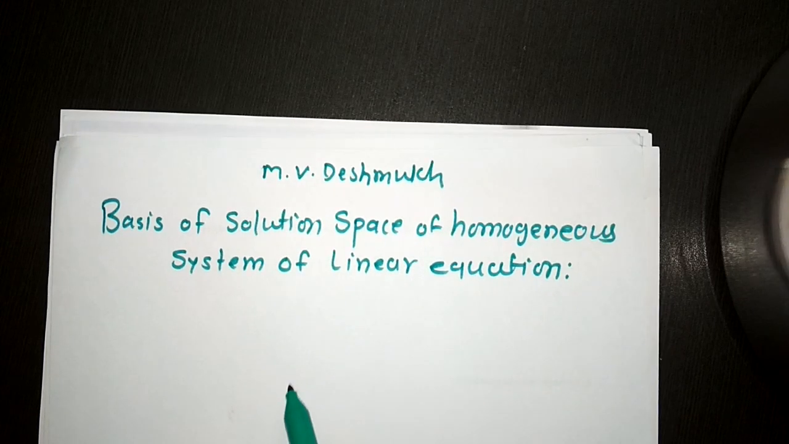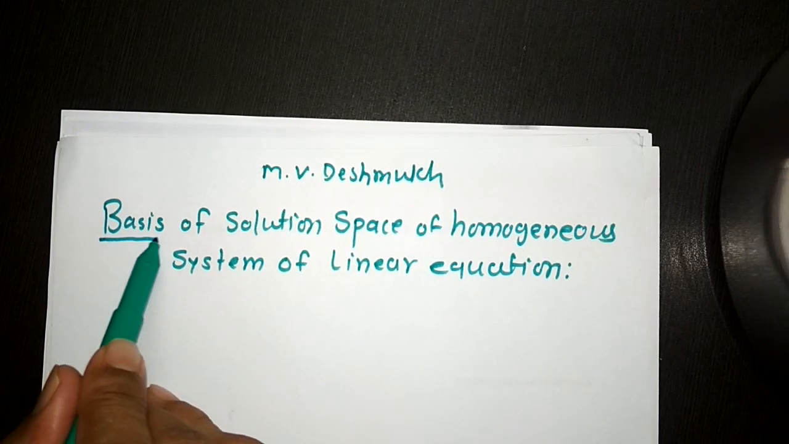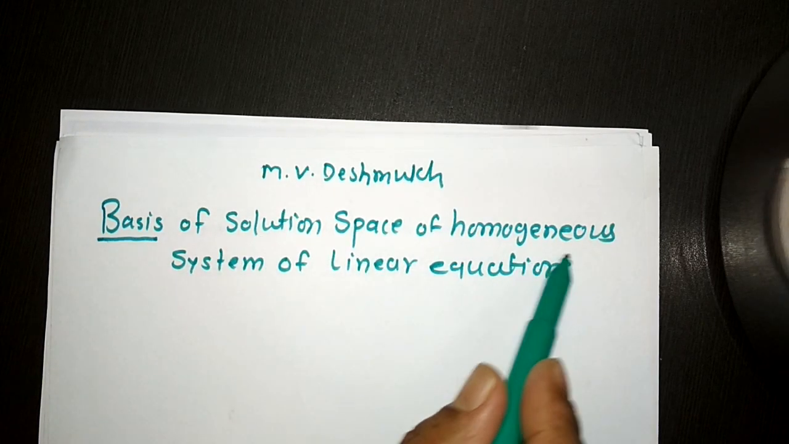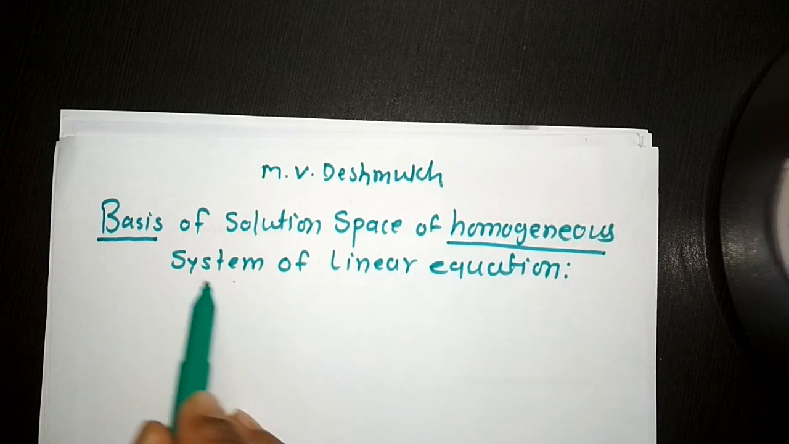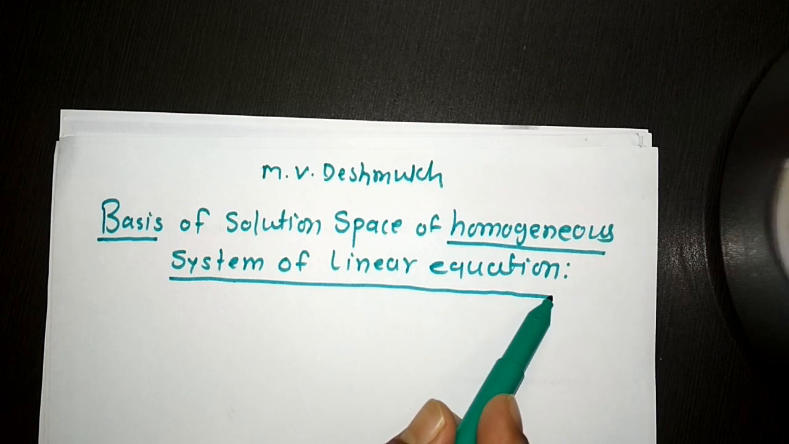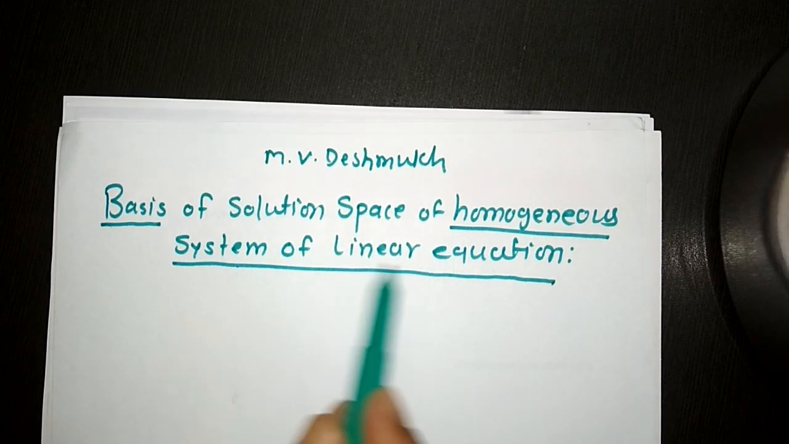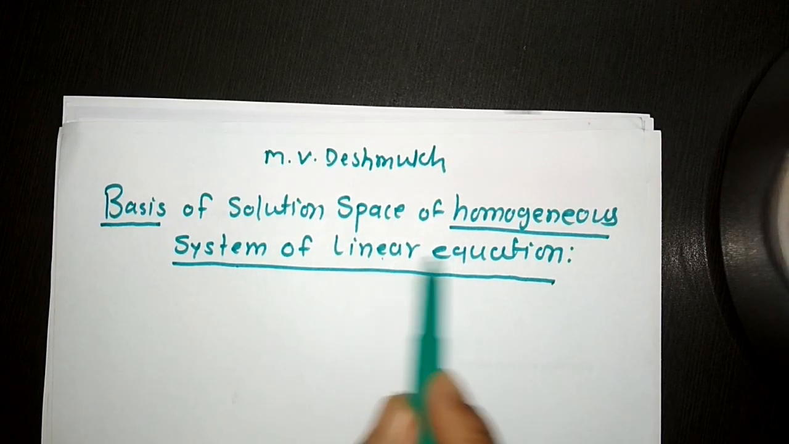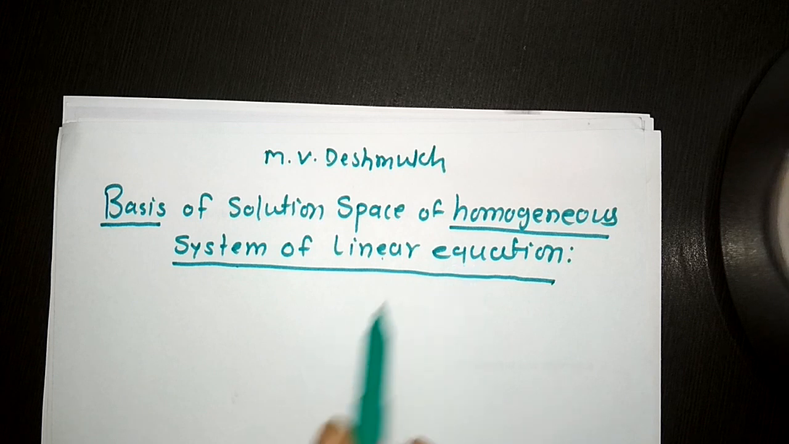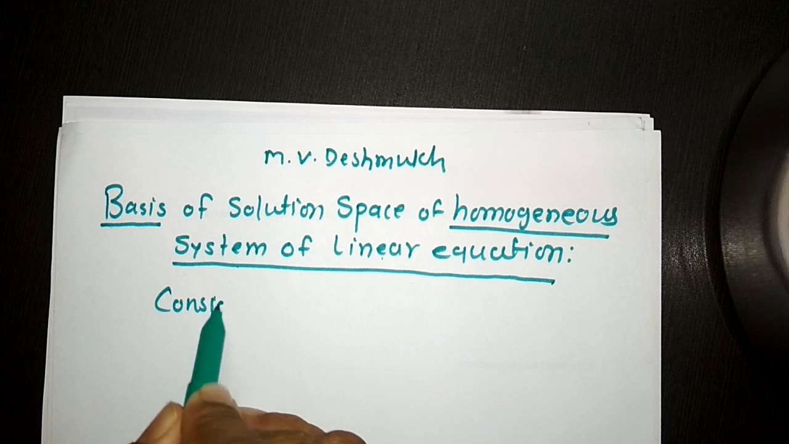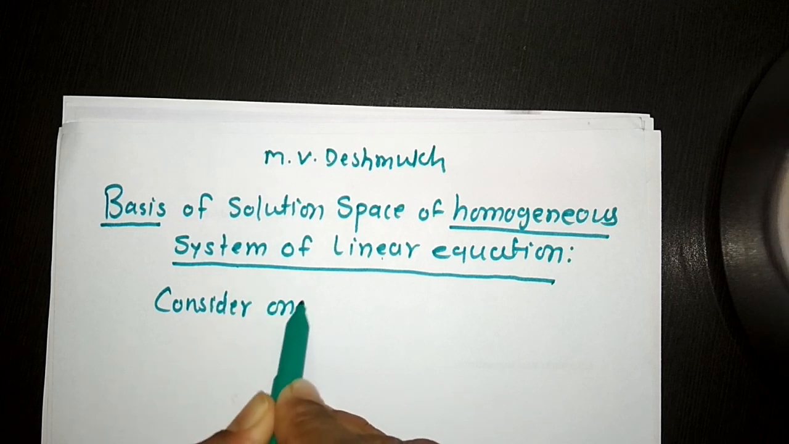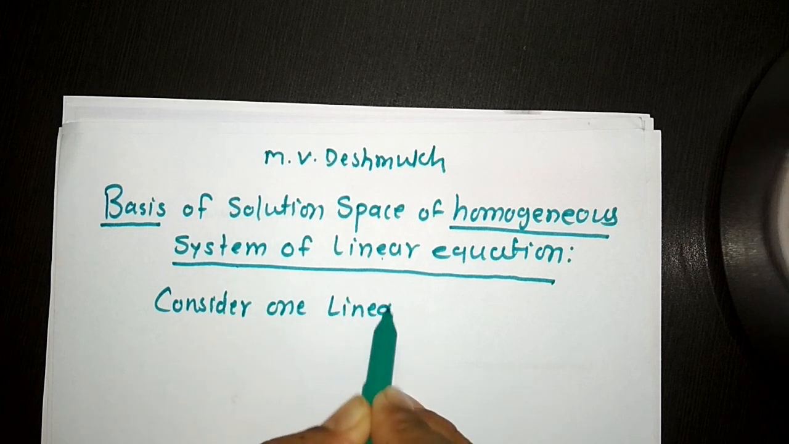So one by one we discuss how we can find the basis of a solution space of a homogeneous system of linear equations. For that we have to consider the homogeneous system of linear equations. Homogeneous system of linear equations means it is a set of linear equations. So if you consider one linear equation,